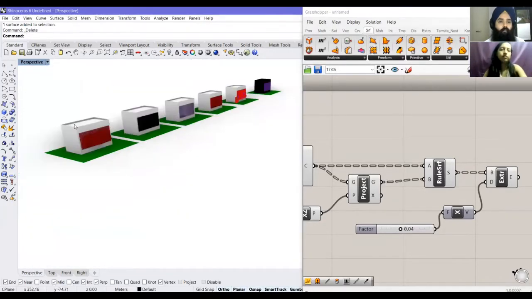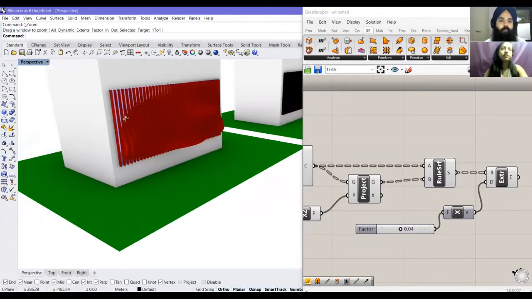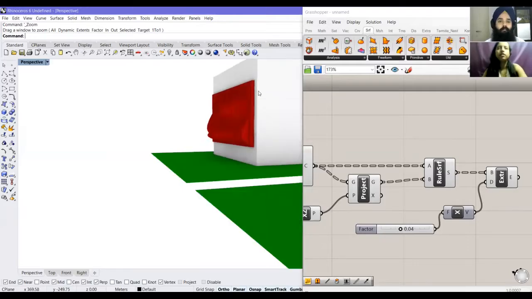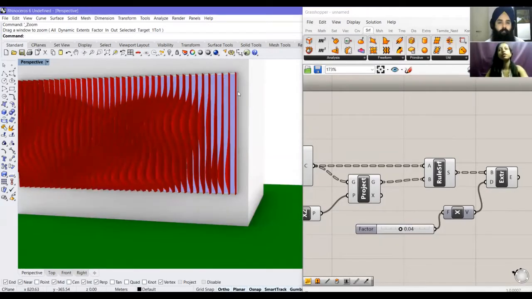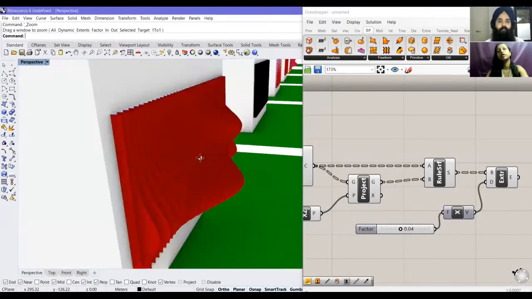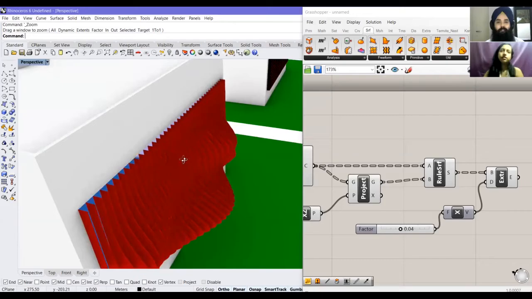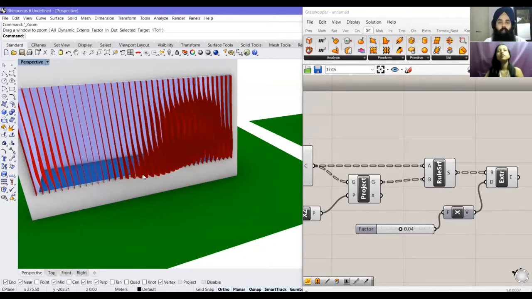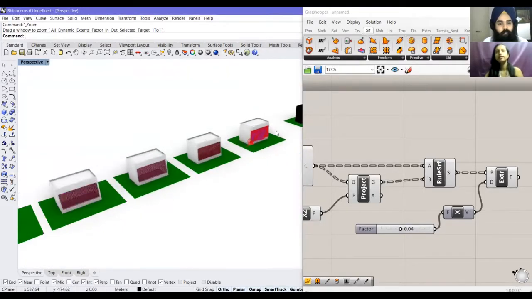I'll just zoom into this. So you get this dynamic character to the louver. And each of these louvers can then be prefabricated. Now you can just directly laser cut all these louvers, lay them onto a laser cutting file, and have some detail done. So even that exact egg crate design can also be made here.